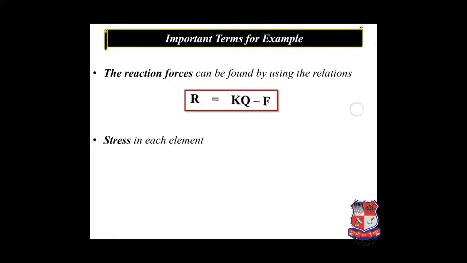Next is the reaction force. Whenever we apply the element approach for a particular element, from the starting node to the ending node, we have to find the reaction force. A simple condition for the reaction force is when a fixed support is there, on one side of a cantilever, or for a simply supported beam. On both sides we can find the reaction forces and the stress in each element. So stress is equal to EB into Q1, Q2. These are the important terms.